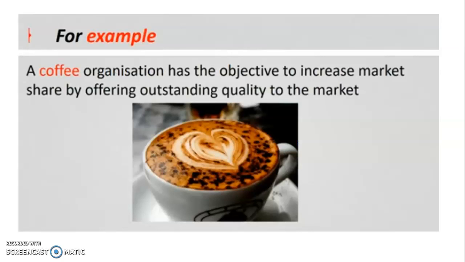Last really key example, and we've already spoken about this, if we're looking at a coffee organization, they might go through and they might have outstanding